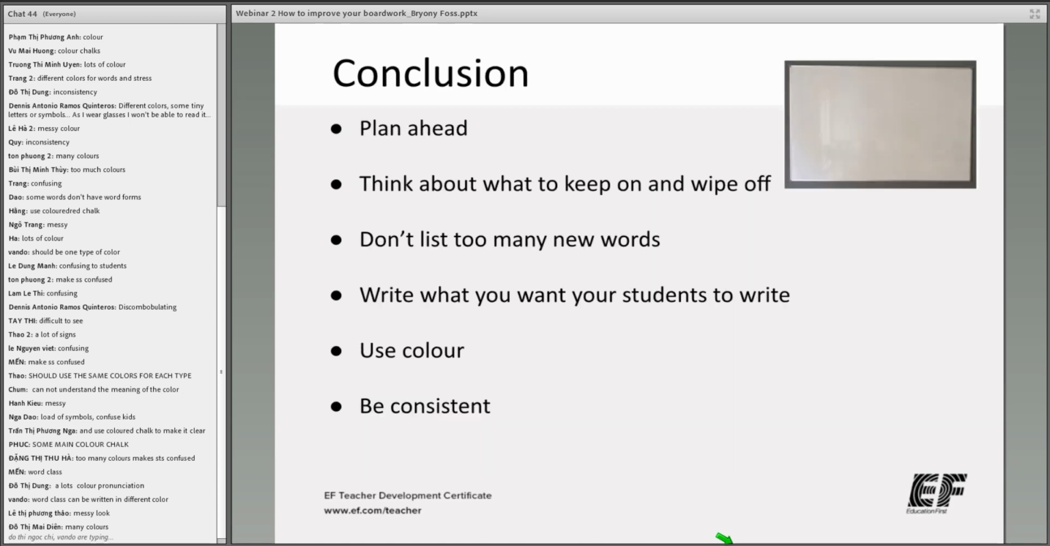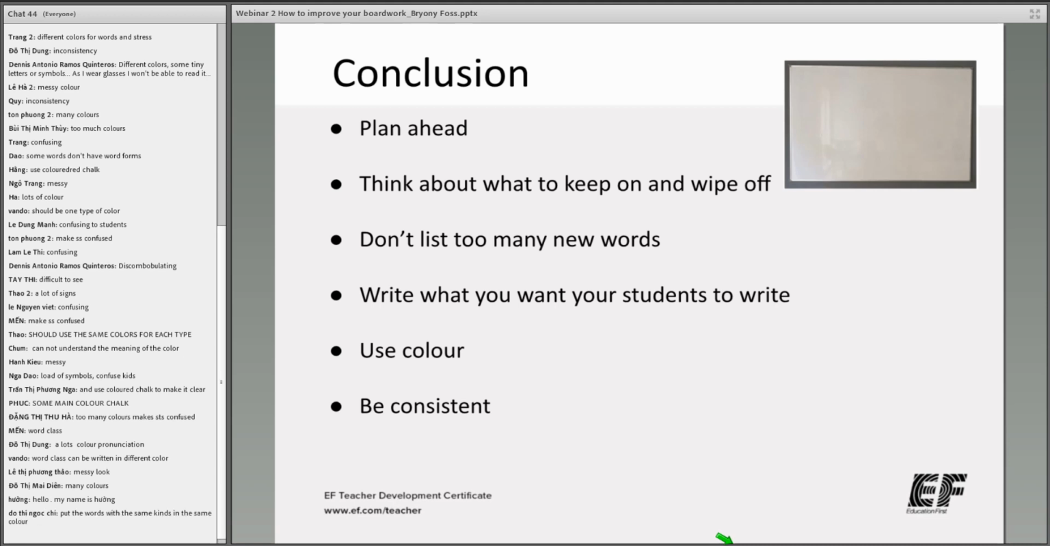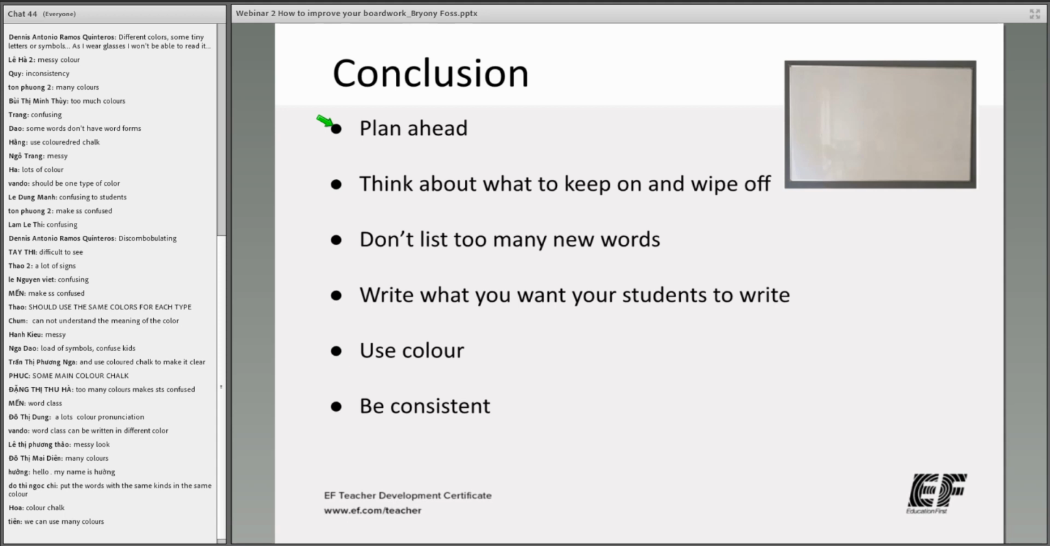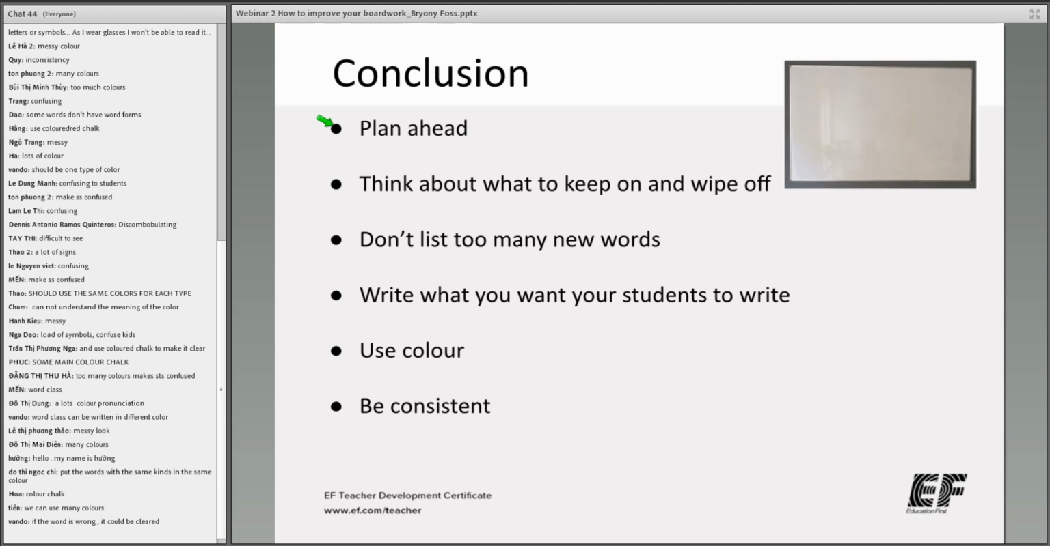So I'm now going to move on to my conclusion and talk about what we have spoken about in this webinar. In this session, we've talked about various ways you can improve your board work and how you can exploit the board as a resource in the classroom. We have spoken about planning ahead, and this involves planning how to organize your board into different sections, each with a different purpose, creating a board plan before the class,